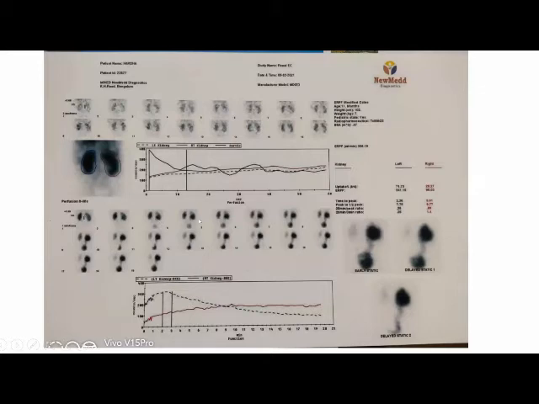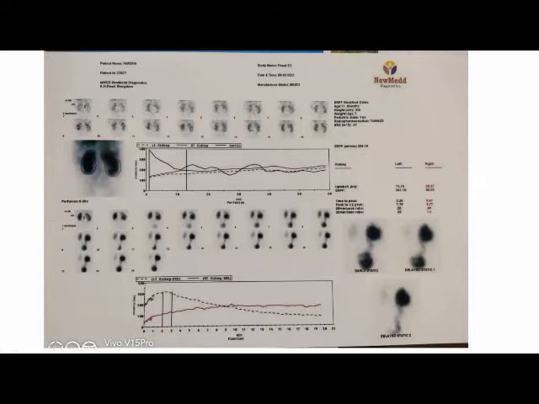Then other pattern which we need to see is how the excretory graph is going. Coming to the downward graph, you see that the marking between the 2 and 3 seconds shows the cortical transit time. If you see the film also, you can make out that the cortical transit time is normal, because the radionuclide is reaching into the pelvis by almost the third and the fourth plates. So initially you assess the excretory pattern here in the graph. The dotted line shows the left kidney, and the red line shows the right kidney graph.